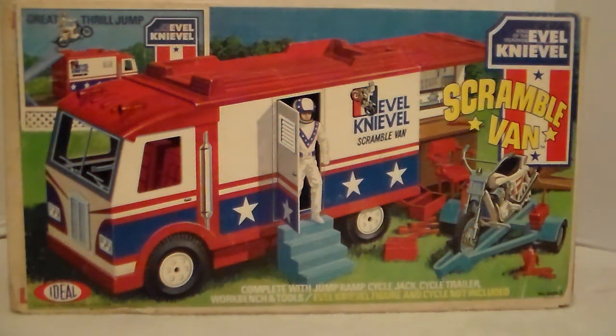Alright, what we're looking at today is the Evel Knievel Scramble van. Now, I never had any Evel Knievel toys other than the smaller die-cast ones. I had a couple of those, but I have no idea what happened to them. They're gone for the ages. But luckily for me, I had a cousin who had this scramble van along with the motorcycle